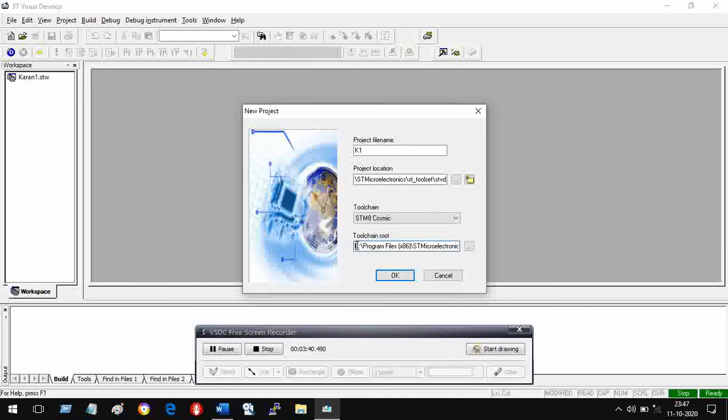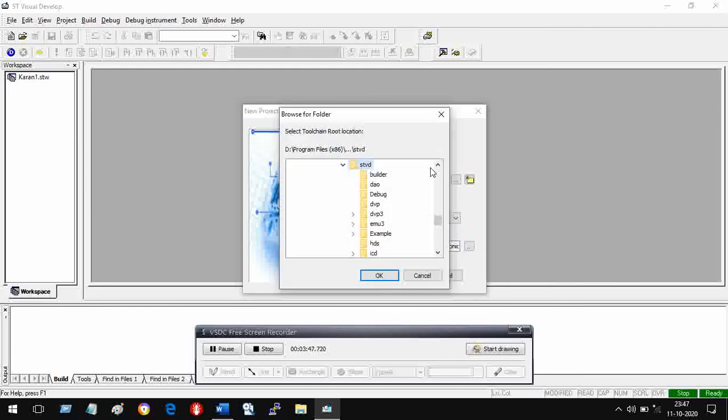In my case it is in D drive. So I go to D drive and let me check where it is, how to get to it. Let us see where I am. I am in D drive. In the D drive I should find Cosmic. This is my Cosmic thing. So Cosmic, then CXSTM8 evaluation.